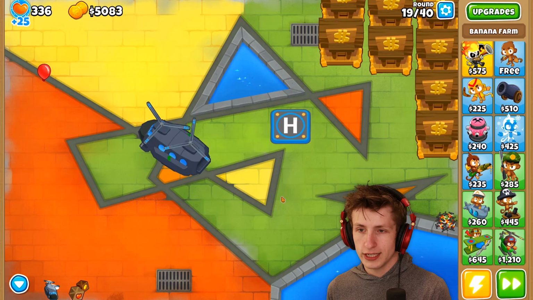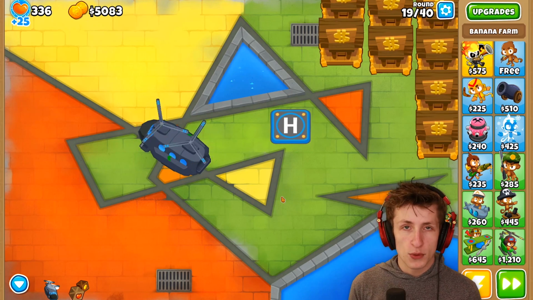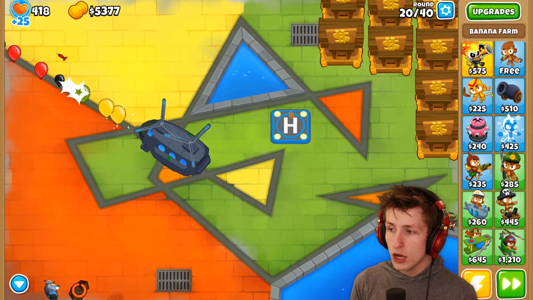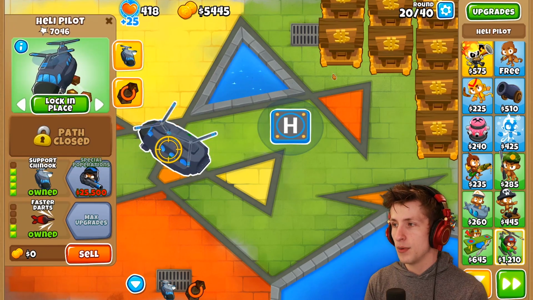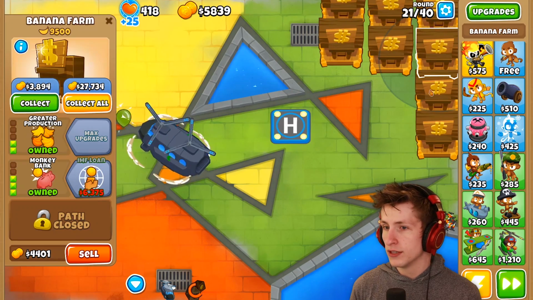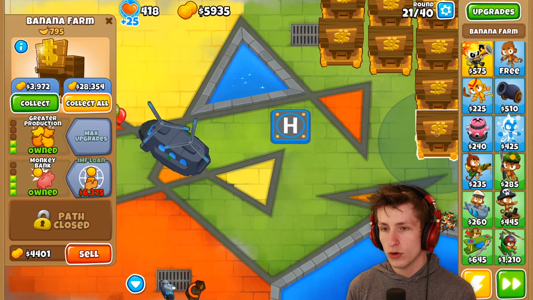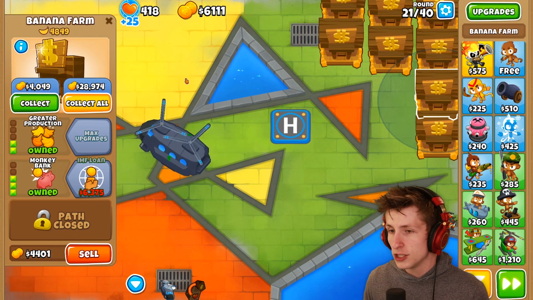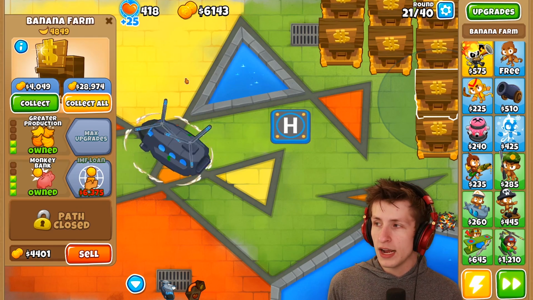So the first question is, how do you buff the marine? Does he get the buffs himself, or if the helicopter has the buffs, does he also get the buffs? I don't know. That's something that's kind of important to figure out, right? All right, so these are already at around $4,000. Once these max out, I think we're going to do one more wave of...